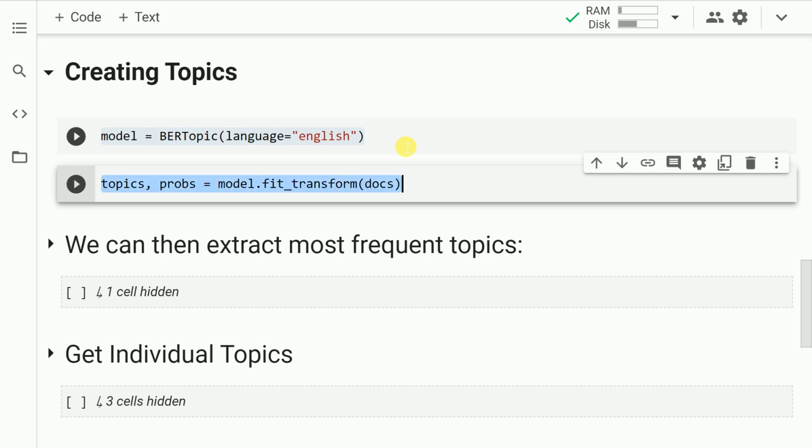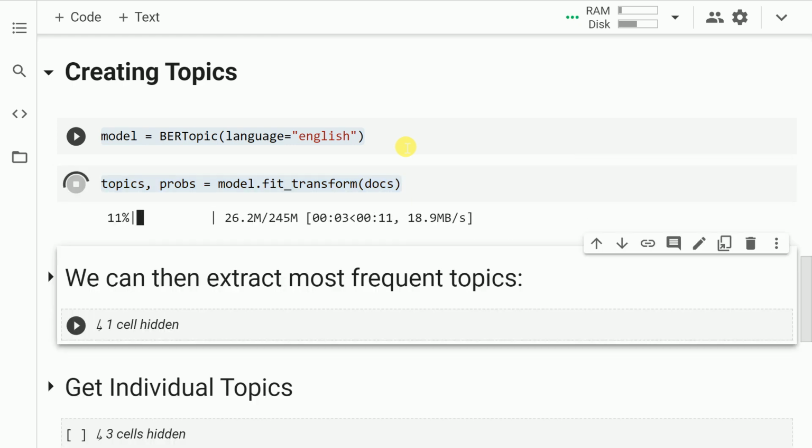Now we have both the things ready with us. We have the model with us and also we have the corpus of documents with us. So let me go forward and call the fit_transform function. So let me run the cell. If you're using it for the first time, it will download the BERT model. Second time around, it will not take so much time. Now that the model has been downloaded, it is now generating topics. Now that the topic generation activity is complete, let's go forward and visualize the topics.